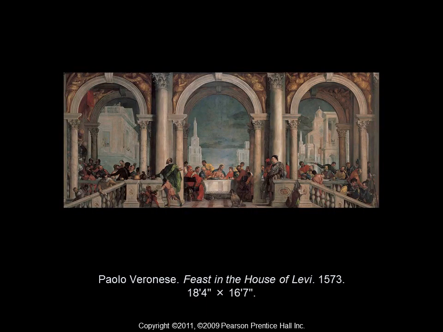This painting by Paolo Veronese is one of the first examples of a trial against artistic freedom. Veronese was commissioned to do this painting. If you look closely at it, it does have similarities to the Last Supper, and that's originally what it was intended to be. It is now titled The Feast in the House of Levi. It was painted in 1573.